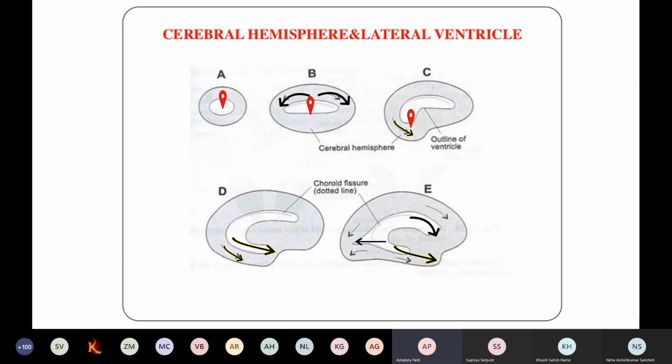So what about the development of the lateral ventricle? This is the telencephalon and its cavity, that is the lateral ventricle. Now this grows on all sides. With further extension, this cavity also increases, it grows backwards and again comes forwards. Here you can see the extension of the lateral ventricle, and ultimately the anterior horn is seen in the anterior lobe. It grows posteriorly also, this cavity into the occipital lobe. So this is the posterior horn of the lateral ventricle and this is the inferior horn. So this is how the lateral ventricle develops.